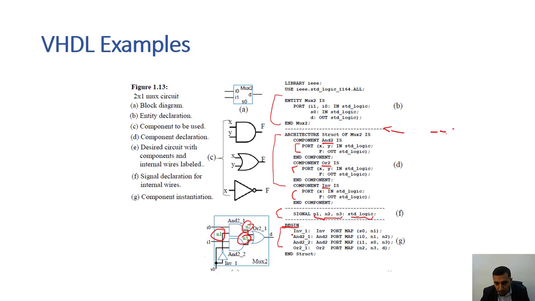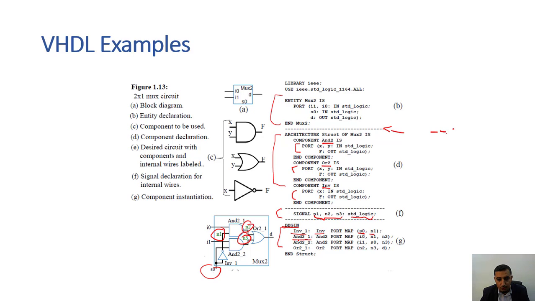After begin, I will do port mapping, starting with the inverter. The inverter will take S0 and give N1. So inverter underscore 1 is the name, an instance of inverter. Port map S0, N1. Then AND,